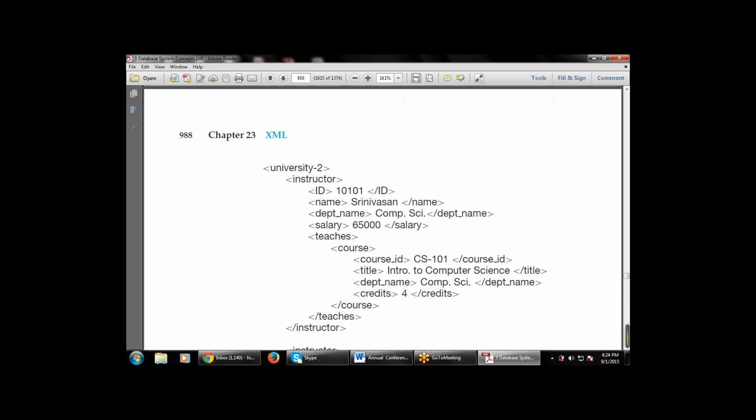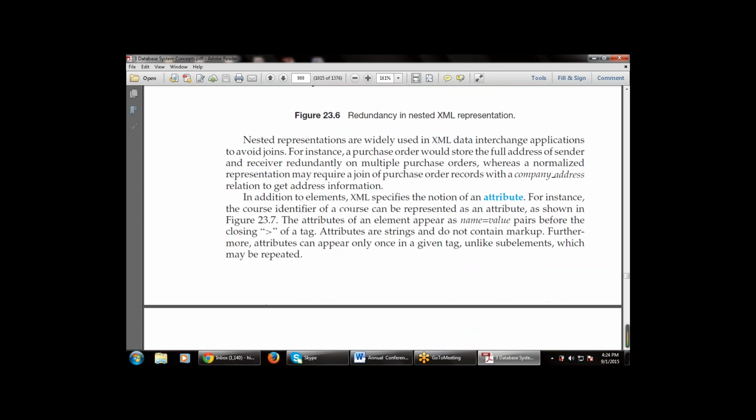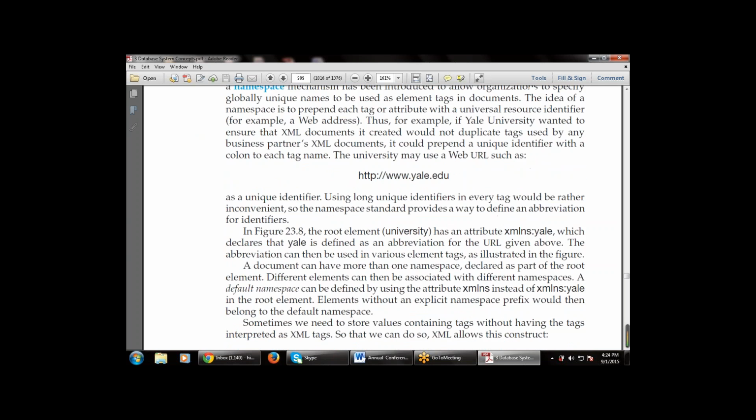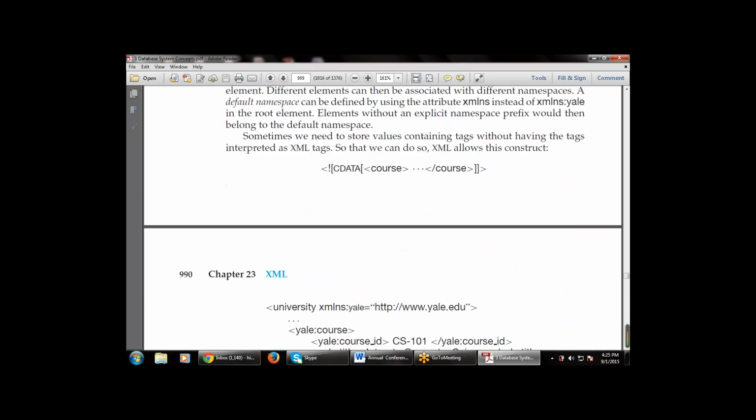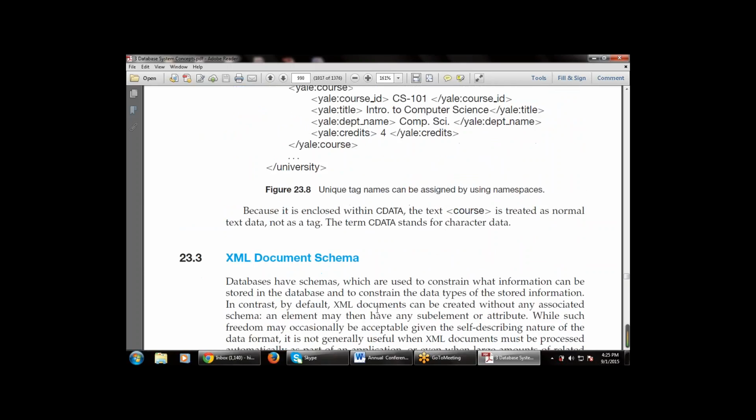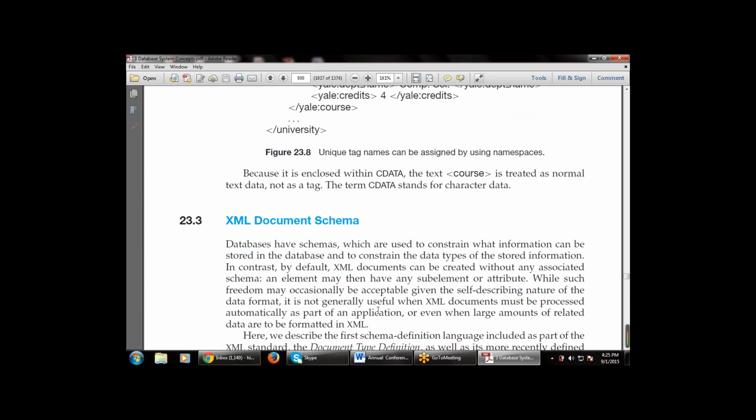Then we discuss this example also, that is the university example that is used in the database management system, used for the representation of the data, as a database structure, and for the database architecture. Then we have talked about this one, that is how to use the URL. Then the XML document schema, that is how to use the XML document schema,